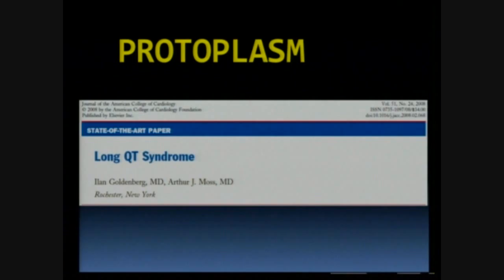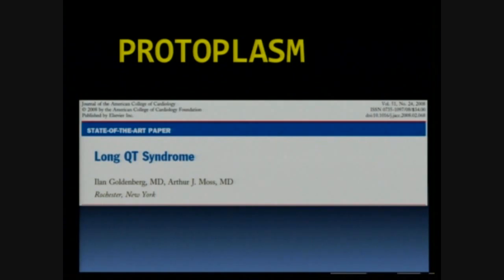Again, going back to protoplasm. What is this patient's makeup? And they go into the hundreds of mutations and the 10 genes that are involved with how long our QT is actually going to be. And again, that goes back to the protein that's coded for that potassium efflux. So this is the protoplasm that I'm getting at with this PMS model, and that's really my message today. This long QT syndrome is common for patients presenting with syncope, palpitations, cardiac arrests, especially in young people. Another article that I thought was very good focuses on these genetic channelopathies, specifically this inability to